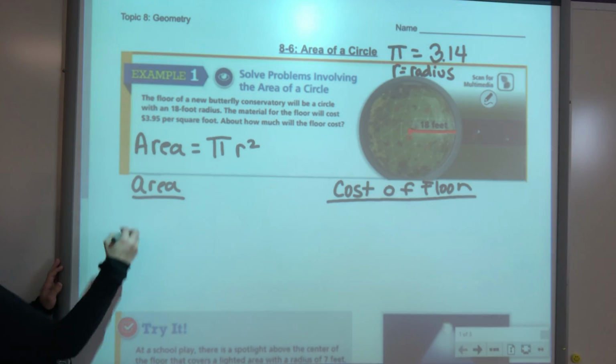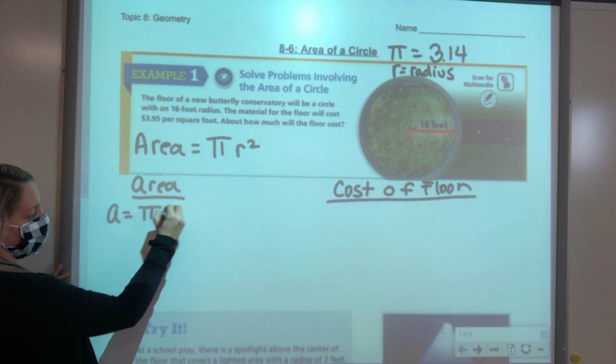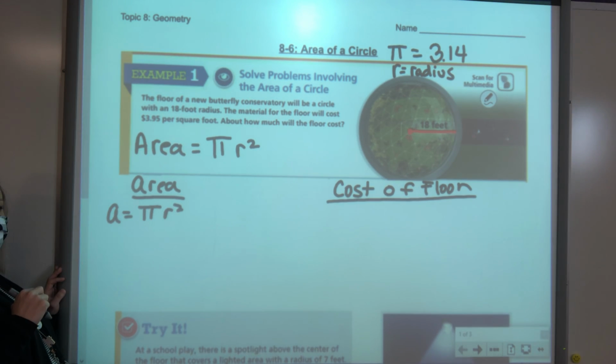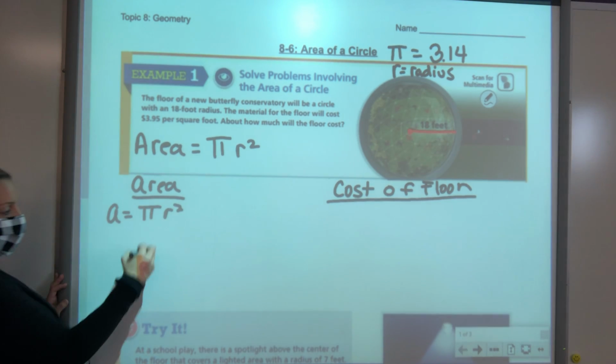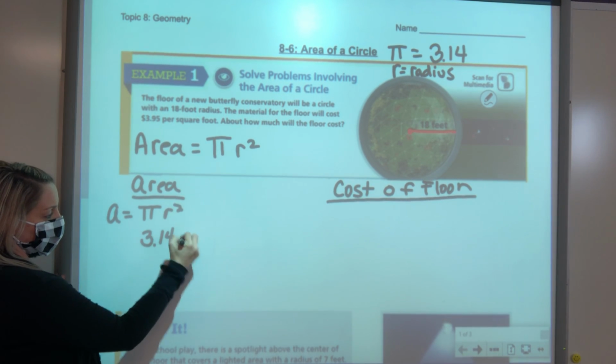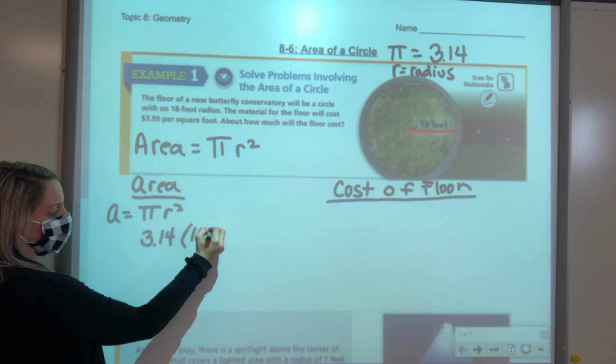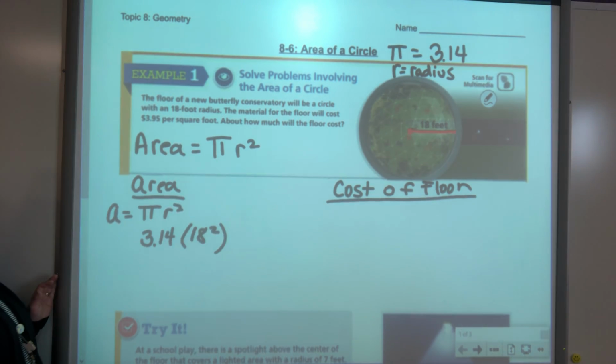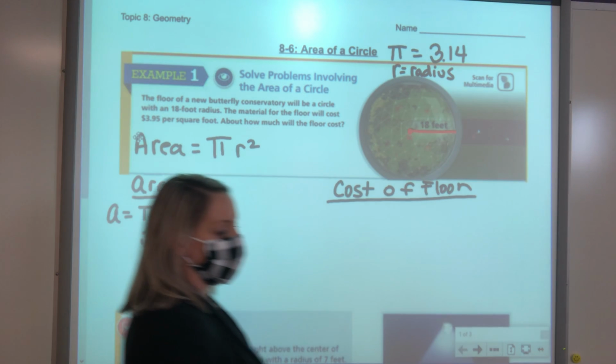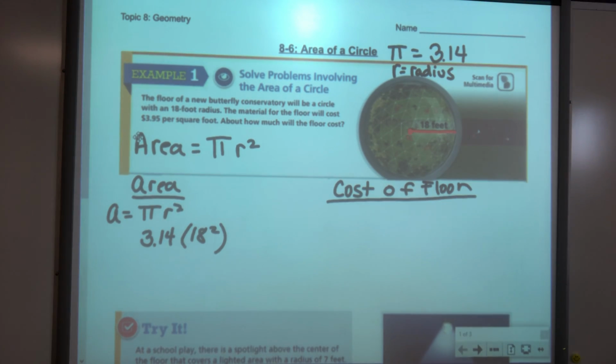So the formula for area is pi r squared. For pi, we use 3.14, and our radius is 18. And then we square 18. So we'll look at your handheld calculators first. Okay, so if you've got a handheld calculator,